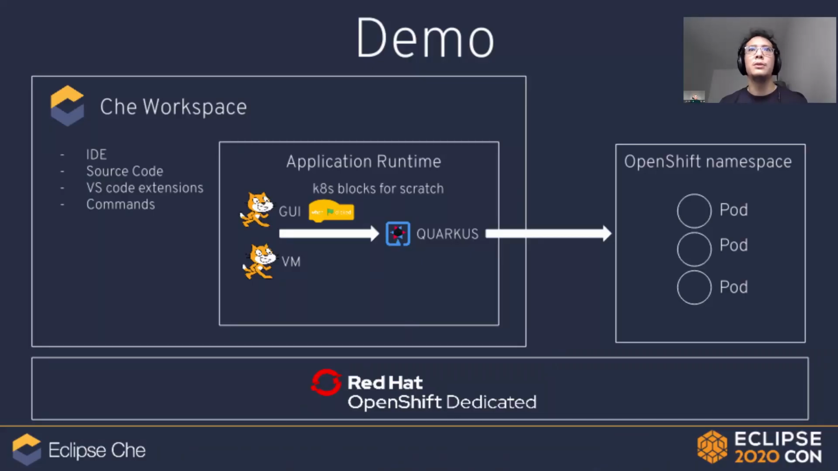Okay, so for the main demo, what we would like to do is be able to create a Scratch application that would interact with Kubernetes. For instance, what we could do is display the list of pods. And how we can do that? So I'm going to switch back to the Scratch